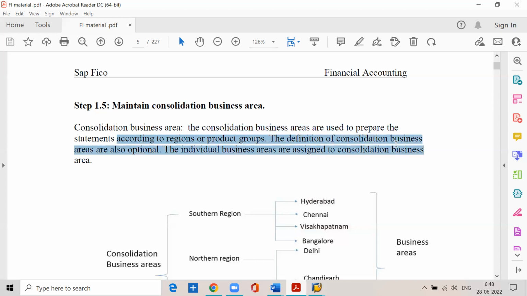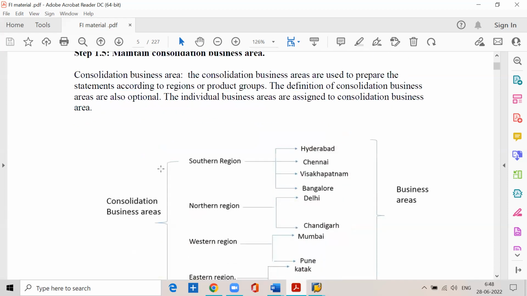The definition of consolidation business areas is also optional. The individual business areas are assigned to consolidation business areas. Means, for example, our company code is in India, right? So we are doing business throughout India. For operational convenience, we have divided our total operations into 4 regions: Southern region, Northern region, Western region, and